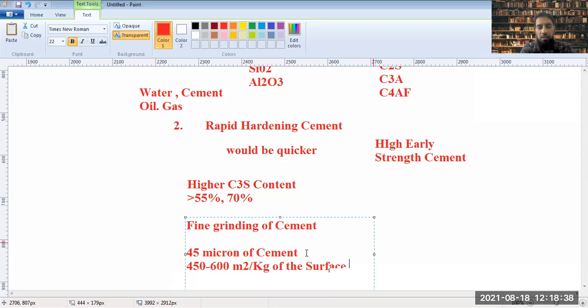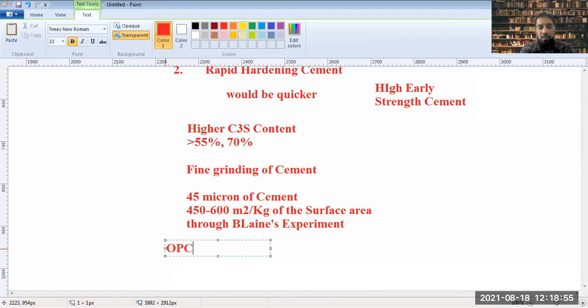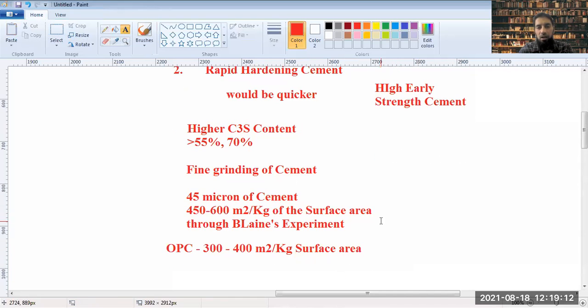I discussed the last time that you measure the fineness of cement by surface area through the technique known as Blaine's experiment. It's Blaine's technique of determining the surface area of cement. In case of ordinary Portland cement, the fineness of cement is around 300 to 400 meters square per kg surface area. In case of ordinary Portland cement,